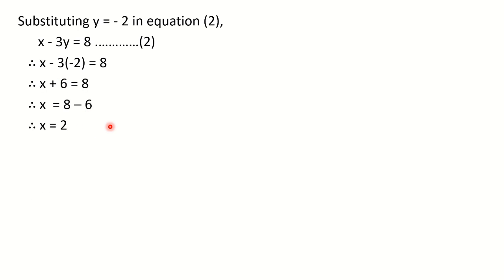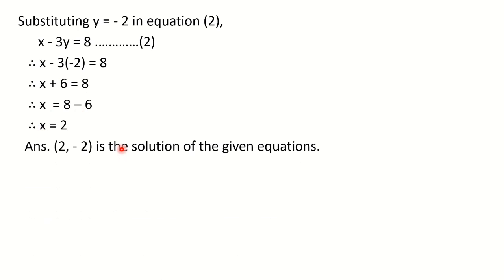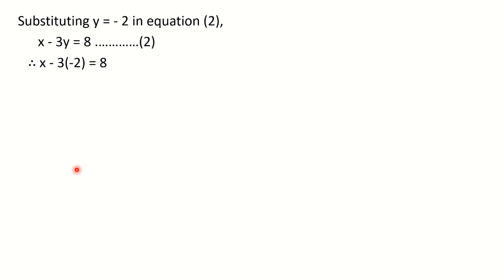So we got both the values, y is equal to minus 2 and x is equal to 2. Finally, you have to write down the solution as an ordered pair in round bracket, as I have said. Okay. So I hope you must have understood this question.